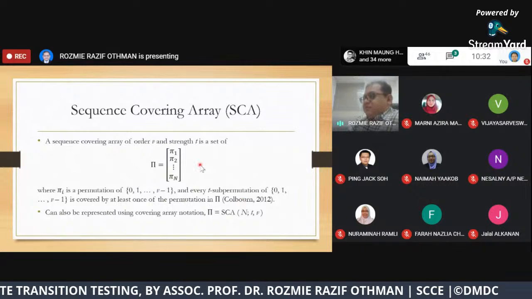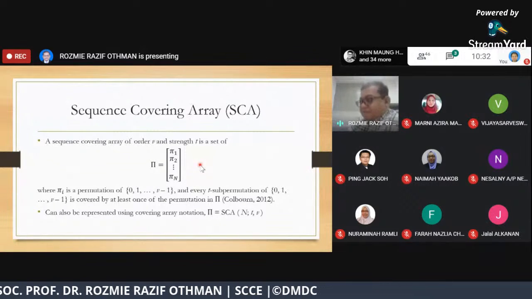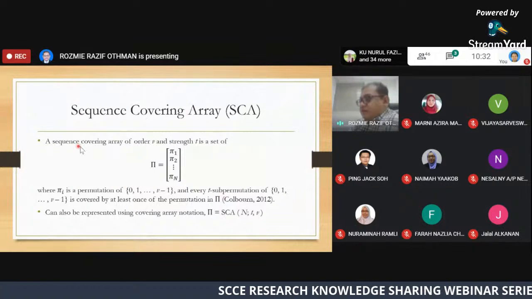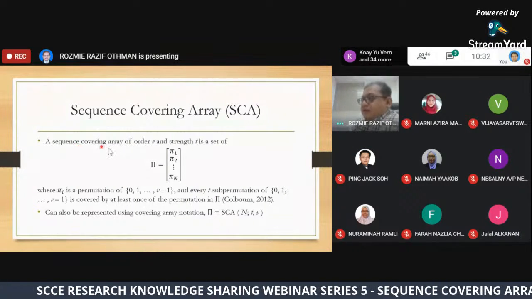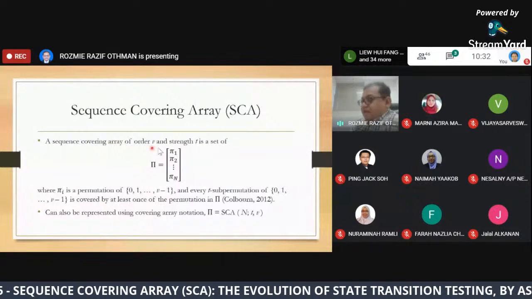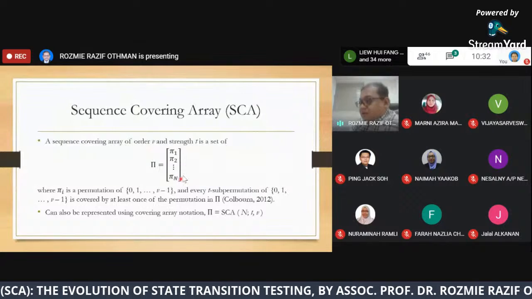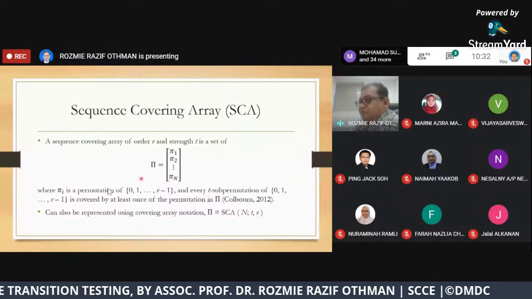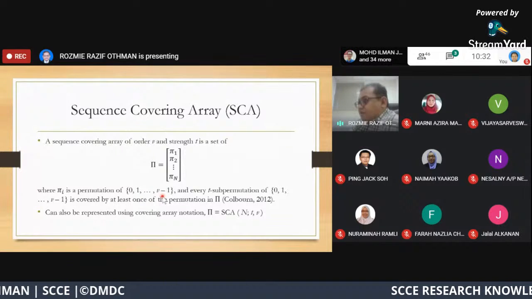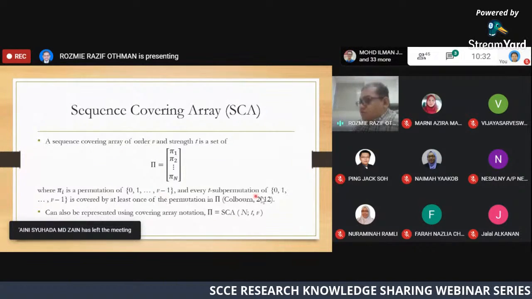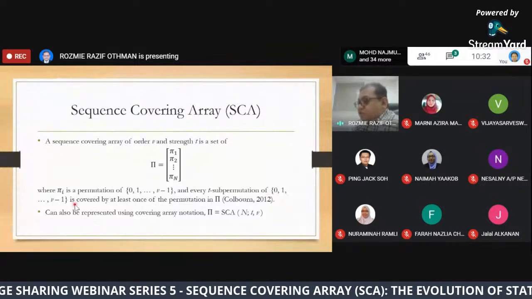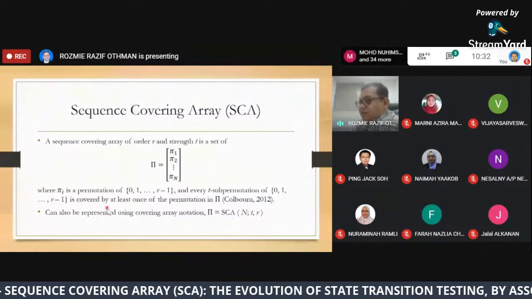This part is a little bit more mathematical. Kuhn gave the definition of a sequence covering array as an array of order V and strength T given by this set, where pi i is a permutation of 0 until V minus 1, and every T sub-permutation of 0 until V minus 1 is covered by at least one of the permutations in this covering array set.